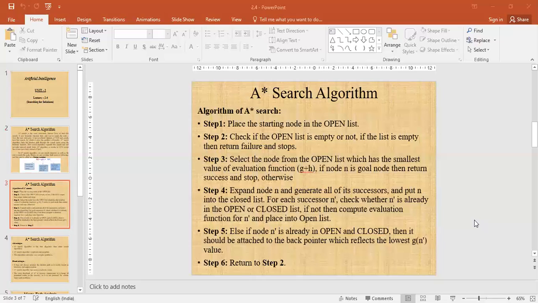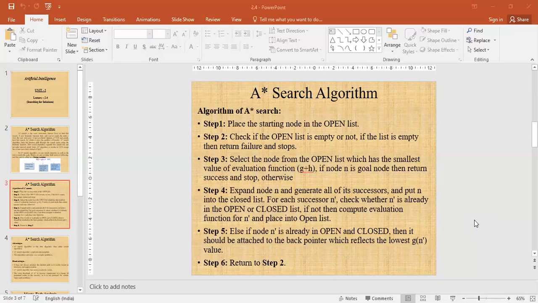Step 3, select the node from the open list which has the smallest value of evaluation function g plus h. If node n is the goal node, then return success and stop. Otherwise, expand node n and generate all of its successors and put n into the closed list.